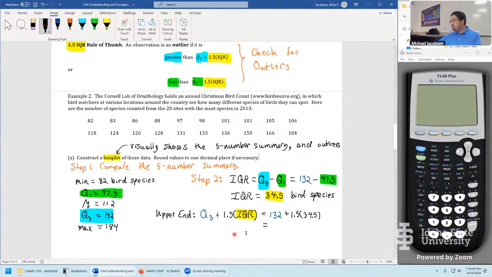What we want to do is, when we get this number, just like on the prior example on these notes, look at the data. Maybe look at the 5-number summary as well. Any number that's going to exceed this value is going to be flagged as a potential outlier through this rule of thumb. So now at this point, it's all about just jamming it into the calculator.